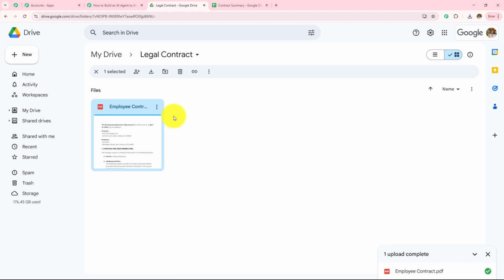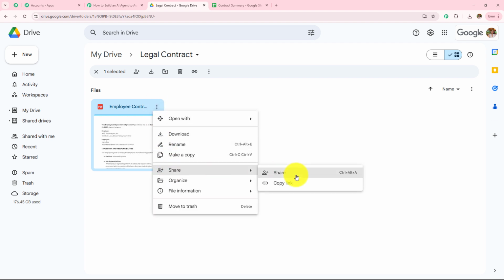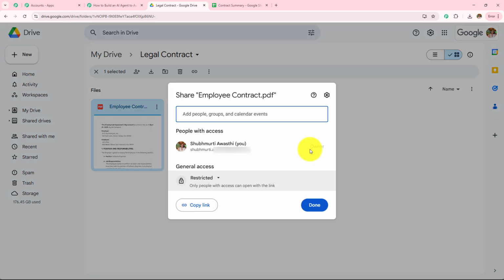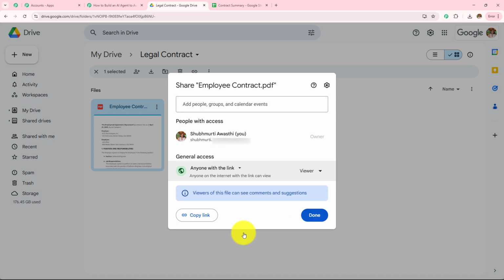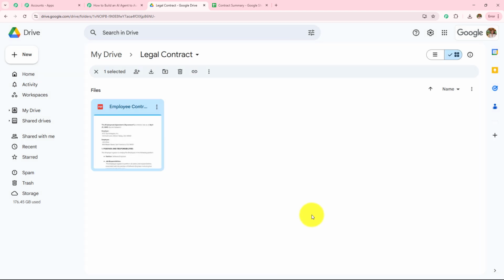But before that, I have to follow a very important step. As you can see, when I click on the three dots and go towards the share, my document or this data is not accessible to everyone, which means the general access is restricted. And if I capture the response of this data in my Pabbly Connect workflow, OpenAI, my AI agent, will not be able to generate the summary as the access is restricted. So as to provide the access to my AI agent, I have to click on this anyone with the link, and I have to make this file shareable. So for that, the general access is anyone with the link. I'm going to click on this done.